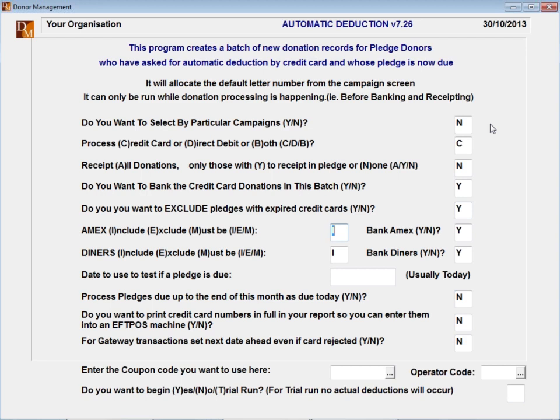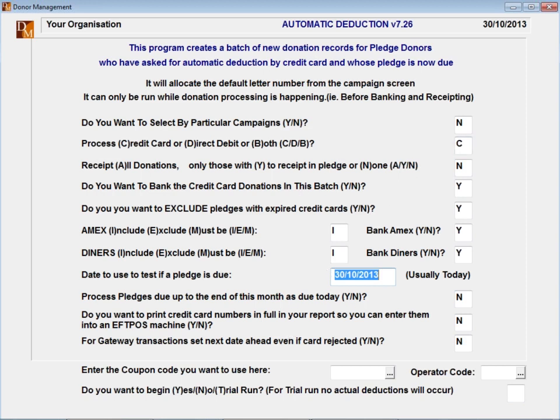From there, if I'm doing Amex or Diners, because they have slightly different mechanisms and there's a bit more of a lag for getting your payment through, you might say, look, I want to run this, but I want to exclude those, or you might not do Amex. And if someone's put one through, you just want to say, no, exclude those. If you say include, you've then got the option to say, do I want to bank those, yes or no? And so in this case, I'm saying, look, I don't care if it's Amex or Diners. Yes, I've got merchant facilities to take both of those card types as well as MasterCard and Visa, so I'm going to include them, and yes, they are going to become part of my banking.